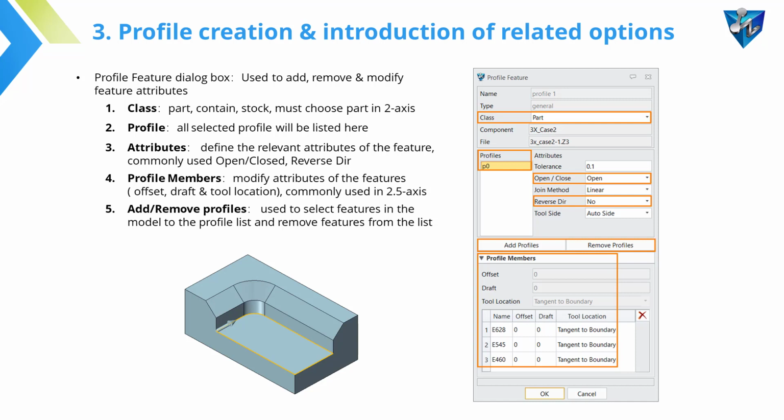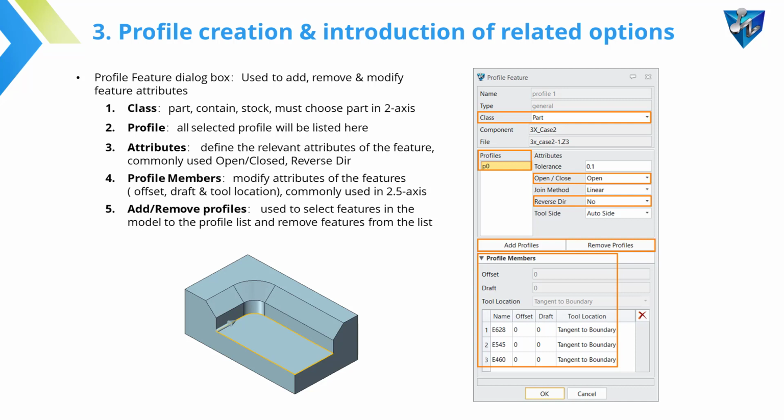It is used to add, remove, and modify feature attributes. If you still remember the feature types in the first chapter, the option is right here. You can assign the class type to be part, contain, or stock, and all the selected profiles will be listed here. The Attributes tab is to define the relevant attributes of the feature, and the Profile Members is to modify the attributes of the features like offset, draft,